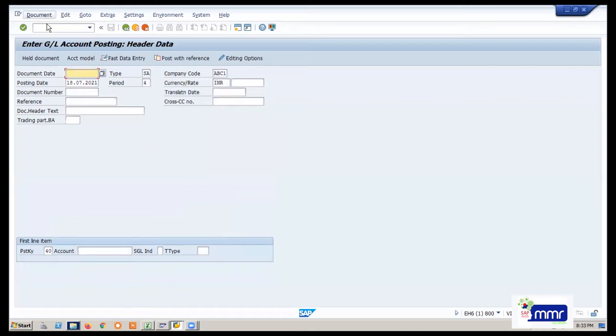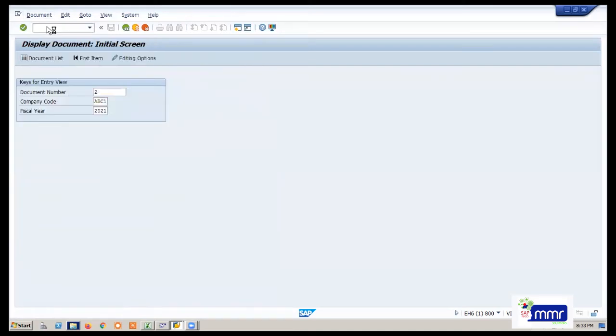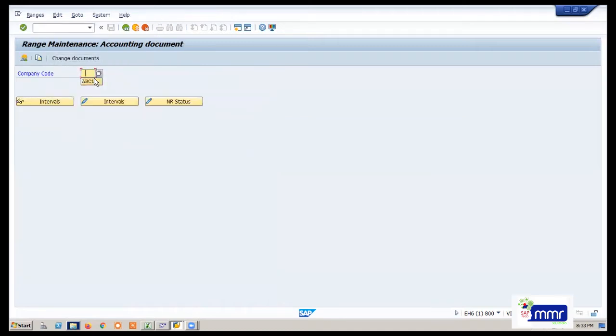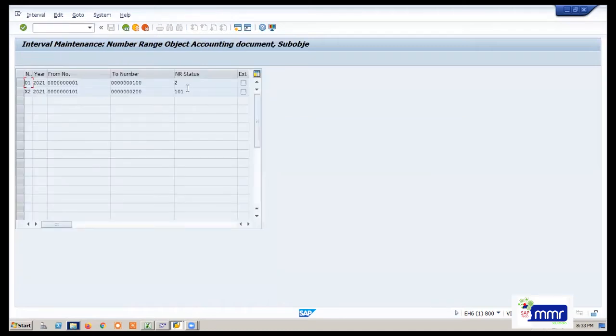If you go and see FB03, display of the document, you see the document number showing salaries payable. If you go and see FBN1, the number range is consumed, document number 2 is posted. You just used the template and posted the document. So this is the sample document concept.